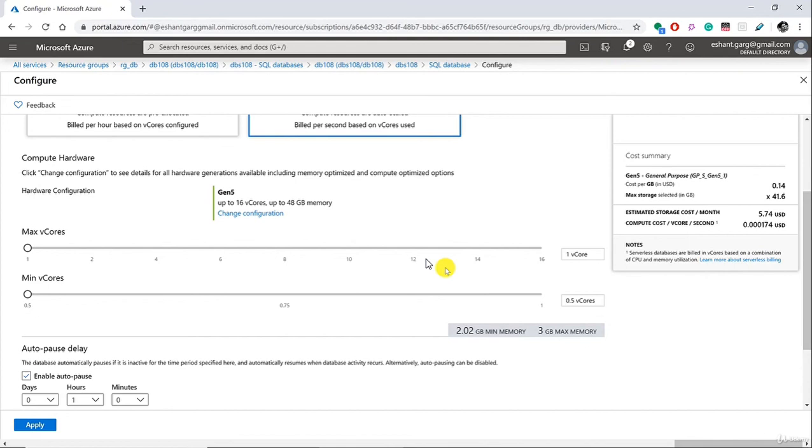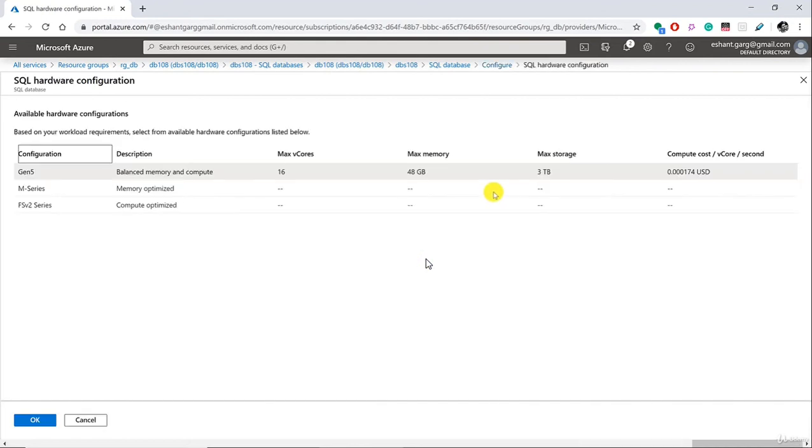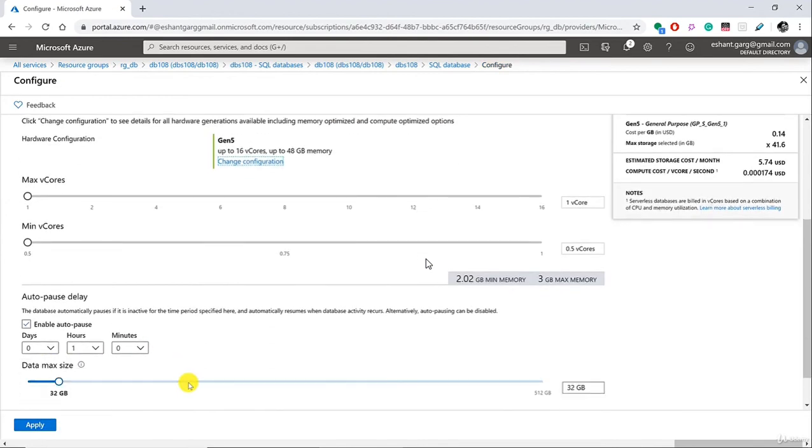First of all, by choosing serverless, I only have compute generation 5 available for me. So if you look here, there is no generation 4. And here I can get up to 16 virtual cores and 48 GB of memory. And here I can also assign the minimum vCores and maximum vCores I'm willing to assign to my database. So let's slide to 2 virtual cores as my maximum, and I'm going to assign 1 to my minimum virtual